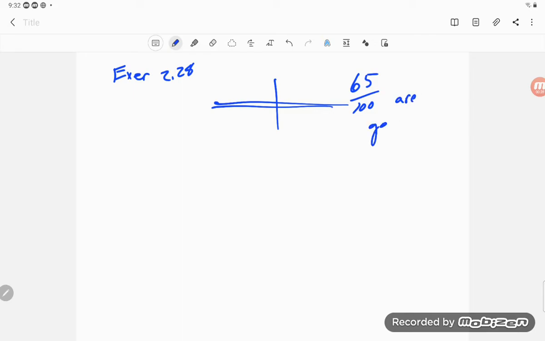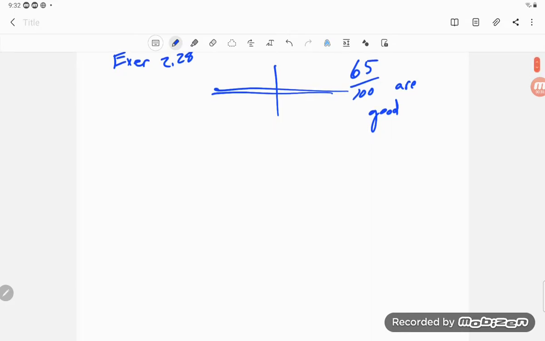Okay, here is exercise 2.28, and it says, we've got a major road, so I'll do two lines and then this other, and you're at a stop, and there are gaps, I guess, between cars, and it says that 65 out of 100 are good. Okay. And so then a car arrives and they're asking